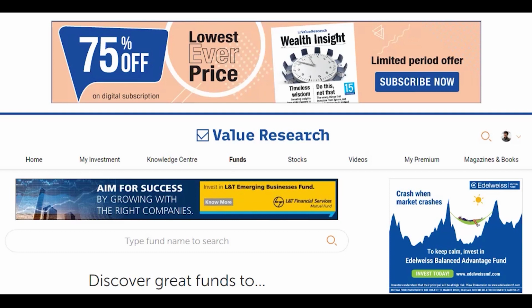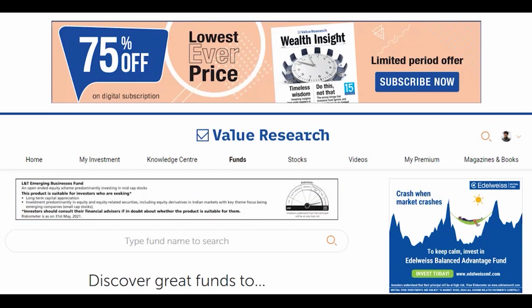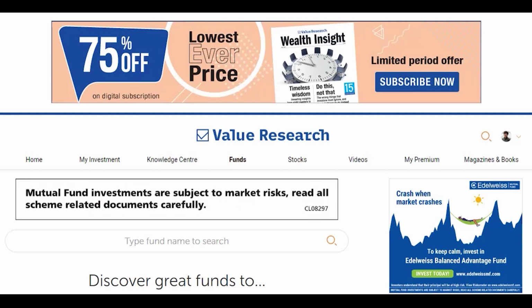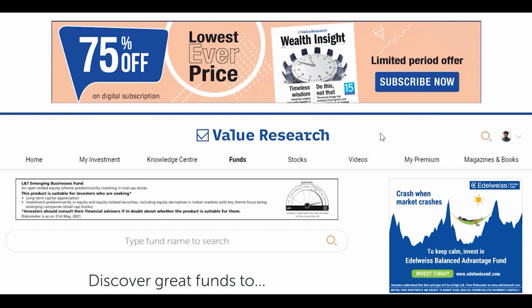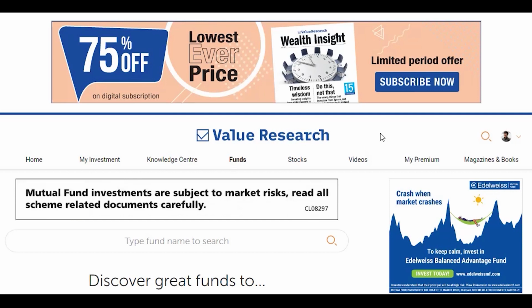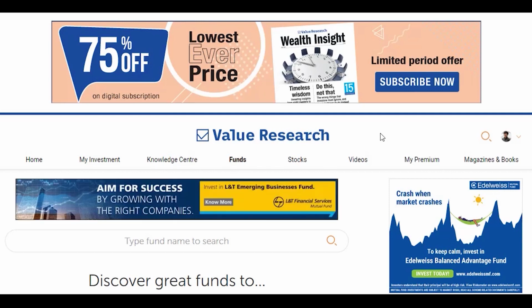Choosing the most appropriate mutual fund scheme out of the wide variety of schemes available in the market is the most important step in mutual fund investing and is perhaps the most difficult one. I personally have been using Value Research website to compare the different mutual fund schemes available in the market, and this website helps me come to a conclusion as to which scheme is the most beneficial to me as per